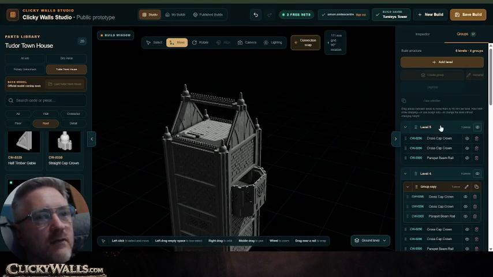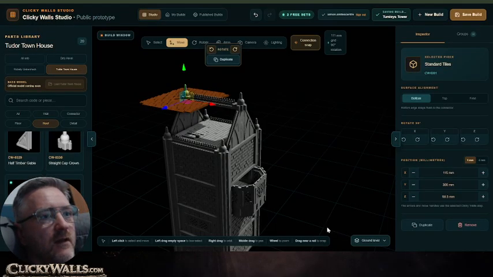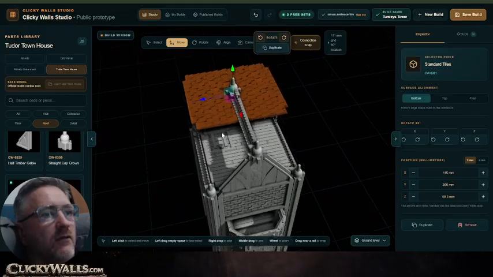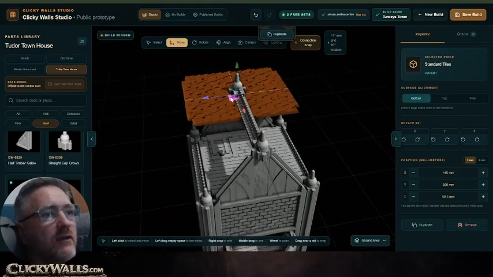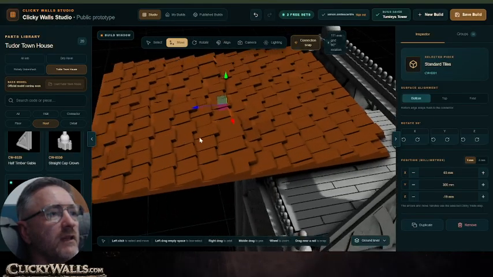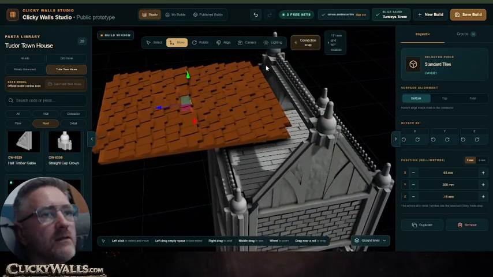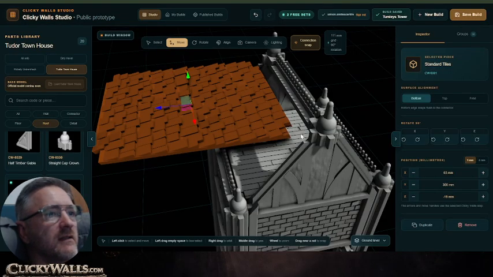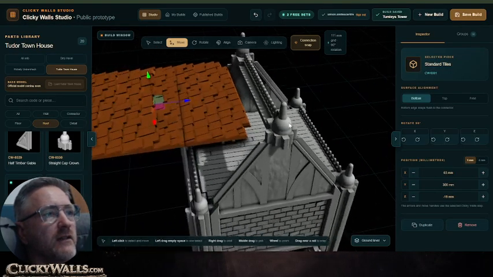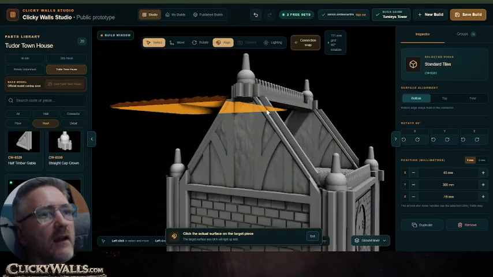Actually, what I'm going to do, select the level that I want on that one, then do that. And then when I add it, it's at the right level instead of putting it on the floor every time. Move this out the way a minute so you can see which way the tiles are running. So it's running that way. So this is the bottom, this is the top. So we'll stick it on this side, and you just go underneath, you click a line, click that, and then